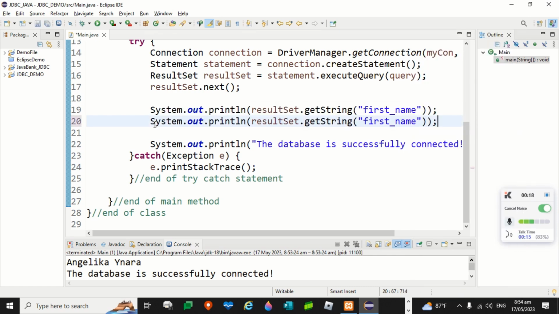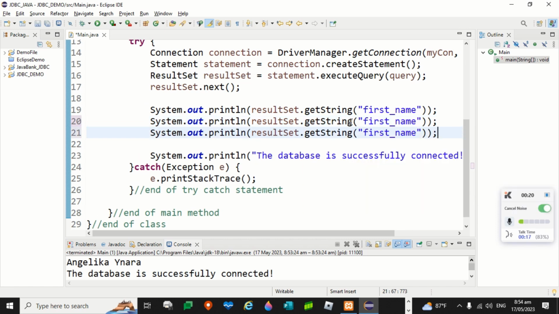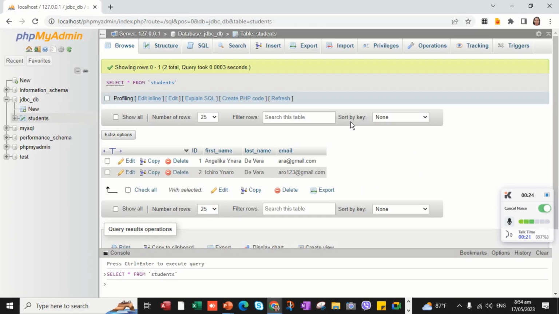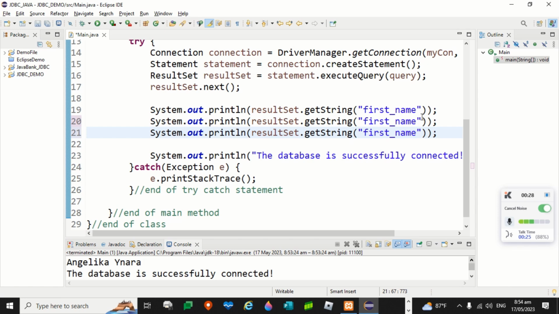Okay, so let's check first the database. Okay, PHP myadmin. So, the field names are last name and then email. So, since string silang lahat, no need to customize yan. So, last name and then email. Okay, let's try first if the source code will work. After which, i-display natin yung, let's display the